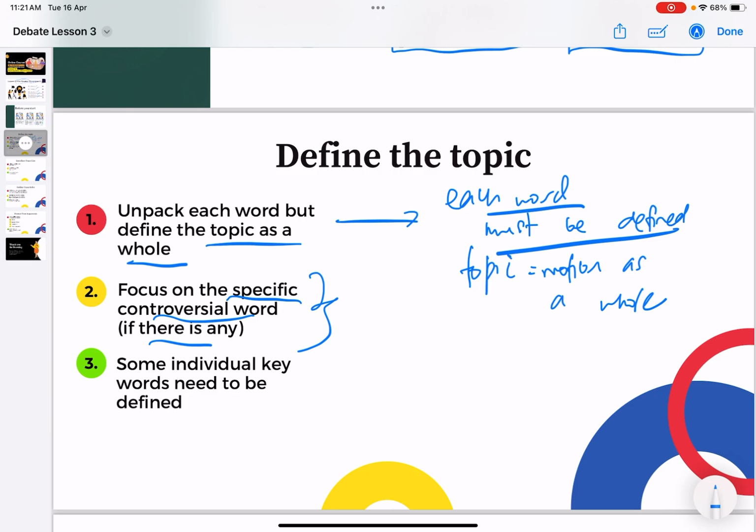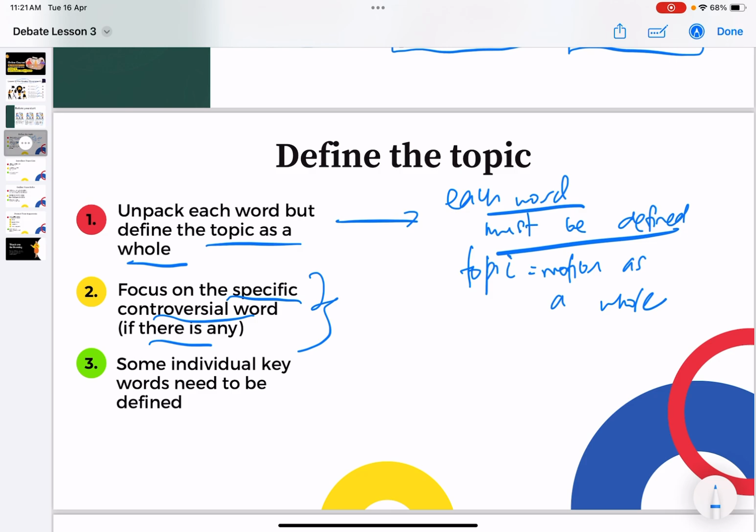Banned from the classroom, not from the school. That means students can still bring mobile phones, leave them in the locker, but the moment they enter the classroom, no mobile phones. Of course, if you want to have lockers, the school will need to spend more money, or they can have small boxes in which students can place their mobile phones. But then there is the issue of security. Anything that you say can be debated actually. But just to keep in mind, define the motion. Define the keywords that you think you are going to use throughout the debate.